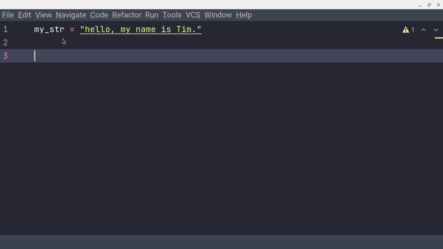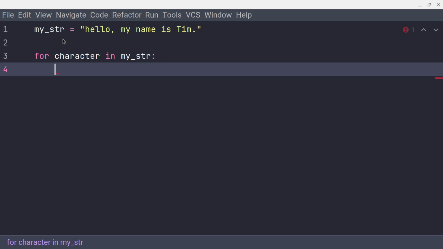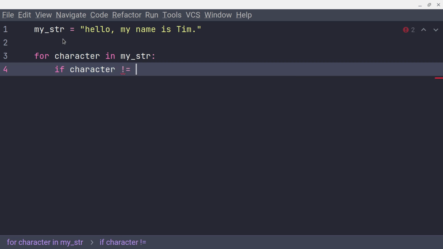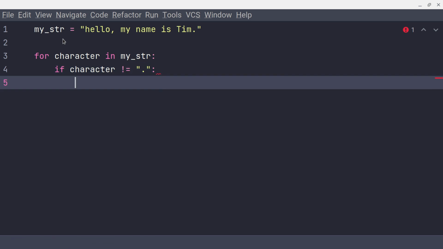Okay, and we can loop through a string with a for loop. So we can say for character in my_str, we'll put a colon after that, and then we indent for our loop. So the code that's in the loop will be indented. And what I'm going to do is say if character does not equal the period, so the last character, what I'm going to do is print the character,